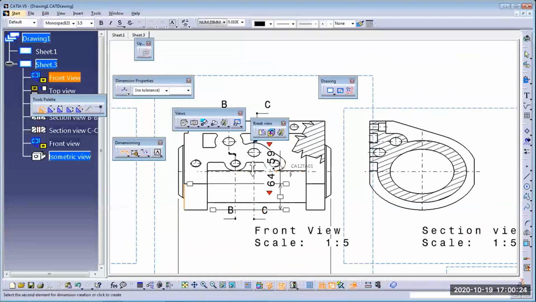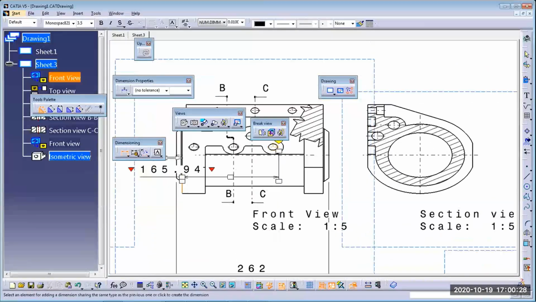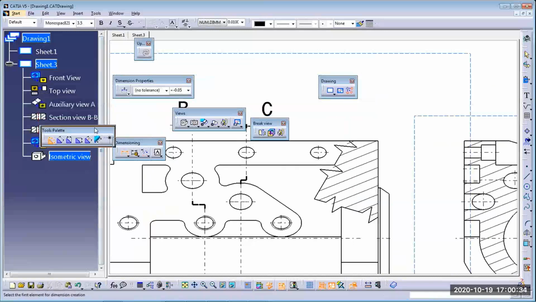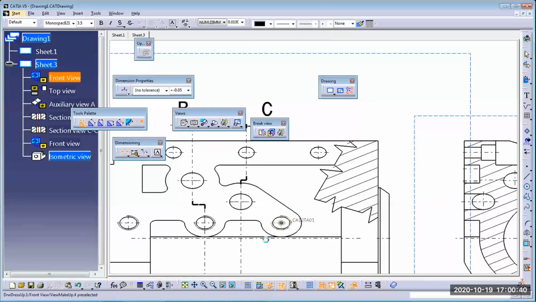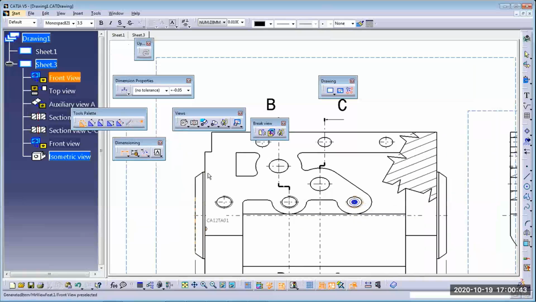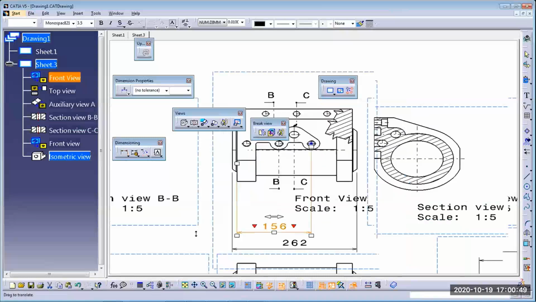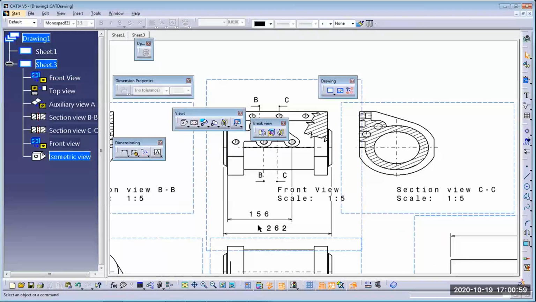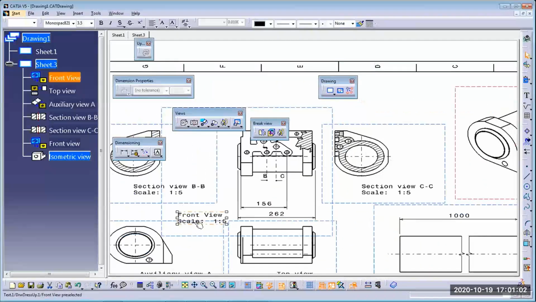Last hole location. I want the exact center. How to snap this? You can see here in the tool palettes there is an option, insert projection point detection. So here you can see the point. This point to this plane shows you 156. Once you click the point, you can remove it separately by selecting and deleting again. Select this point and press the delete key. Okay, I can move this point view here. So like this you can do.